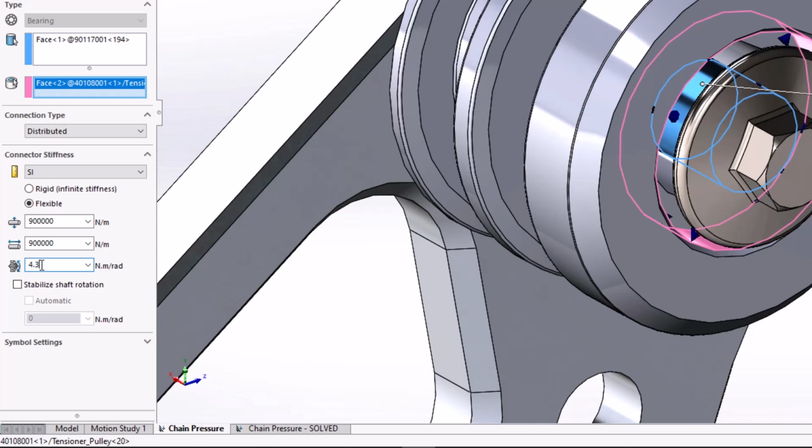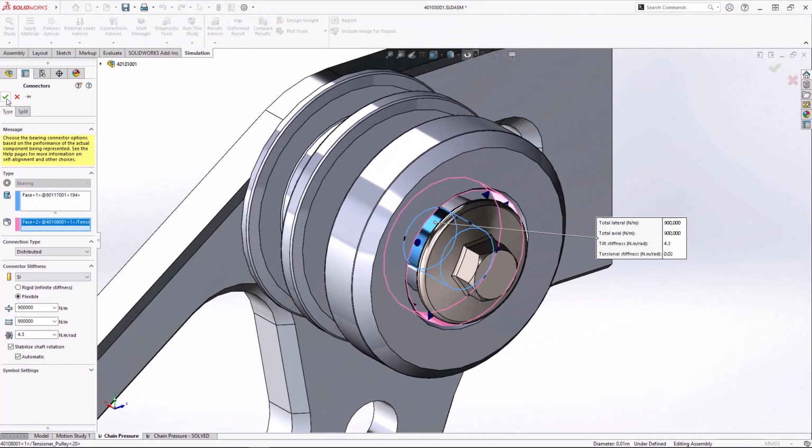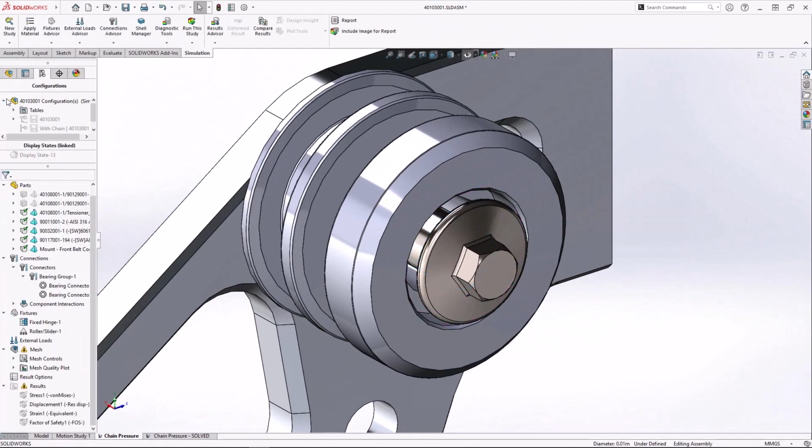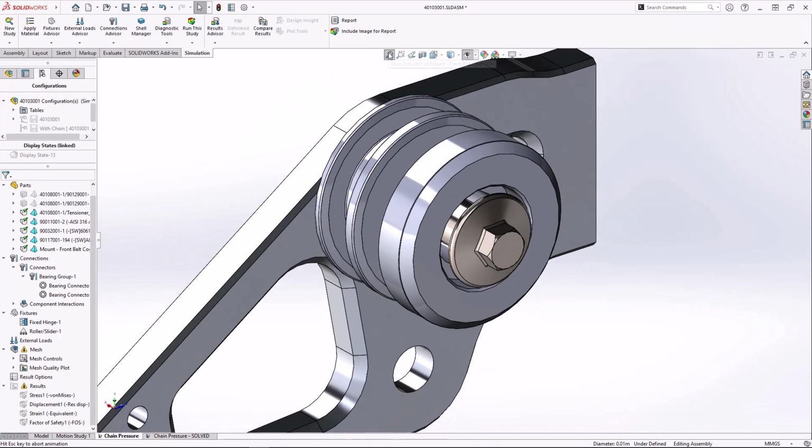So we'll set that to 4.3. We also have a new stabilized shaft rotation option, so I'm going to select that and give that a value of 0.002, and that's going to assist or represent how the bearing helps stabilize the shaft. So having added those bearings in,